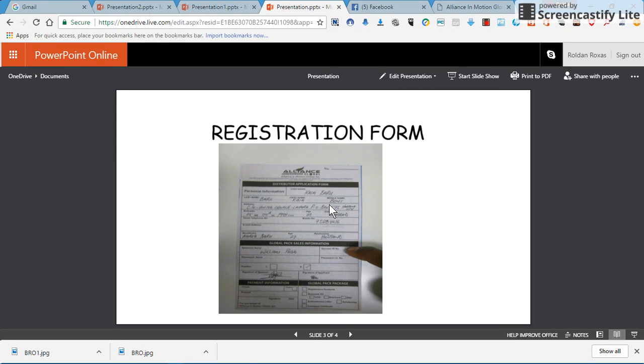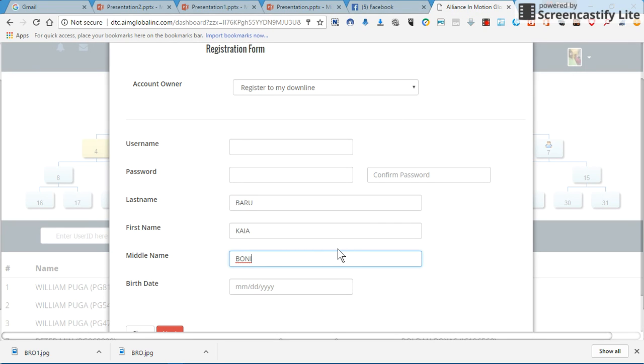I check also here in my mobile phone: Kaya Baro Boni. Okay, right. Okay, let's proceed now.